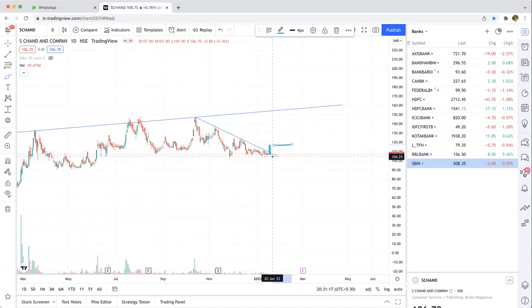Now what will be your stop loss? Your stop loss will be below this candle. Whatever that big candle will be, below that will be your stop loss. And your target, there are multiple targets you can take. A very small target is this, which will be the first resistance. So basically the stock may go like this, it may slightly come back and then go up. And after this point,